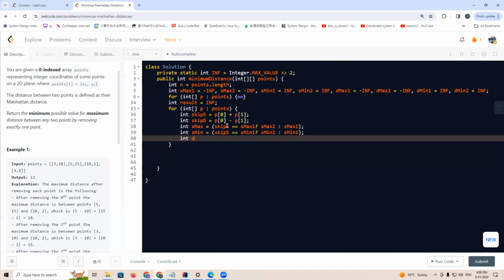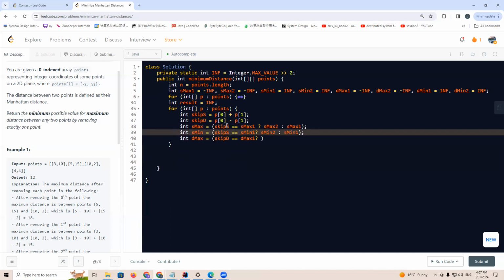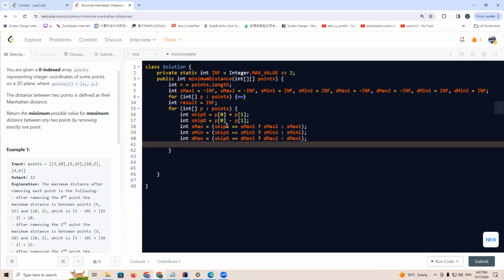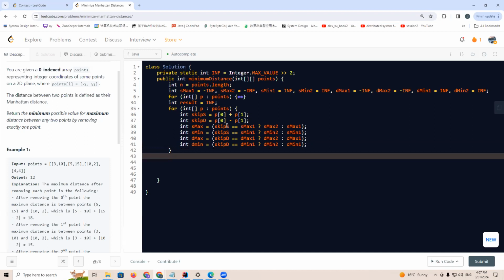And also int d max equals, if skip d equals d max 1, we have to use d max 2. Otherwise, we are using d max 1. And also int d min equals, if skip d equals d min 1, we have to use d min 2. Otherwise, use d min 1. So in the end, what we return is